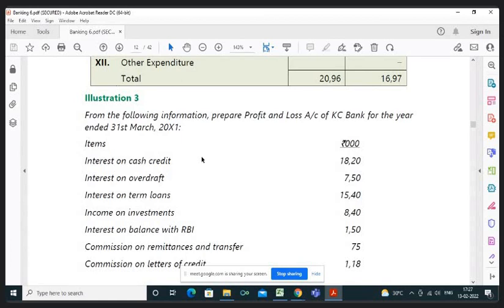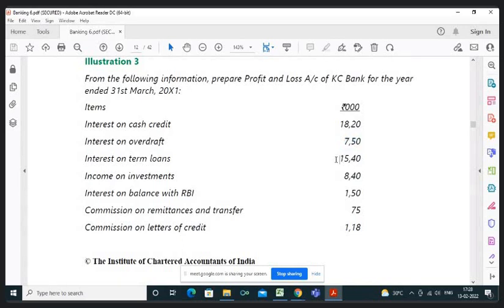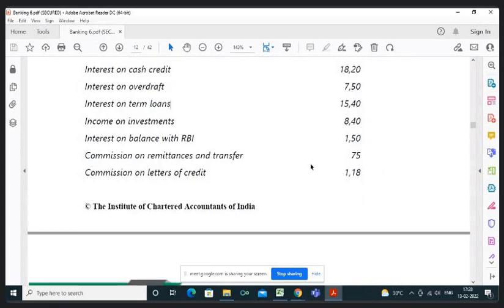Okay, let's move on to illustration number 3. From the following information, prepare the profit and loss account of AC Bank for the year ended 31st March 2011, and the figures are in rupees 1000. Interest on cash credit 1820, interest on overdraft 750, interest on term loans 1540. So here they have given a breakup of interest based on the type of loans: cash credit, overdraft, and term loans. Then income on investments 840, interest on balance with RBI 150,